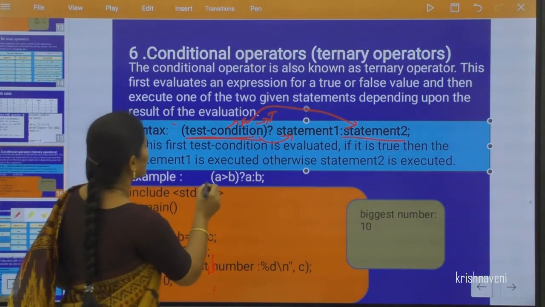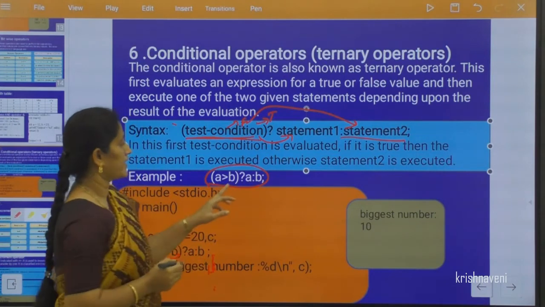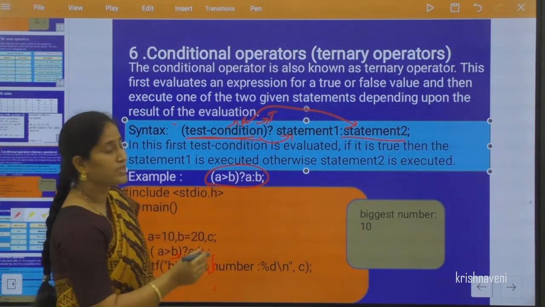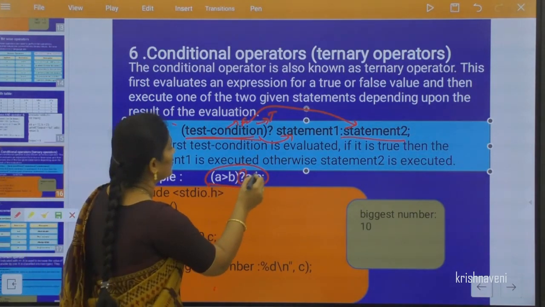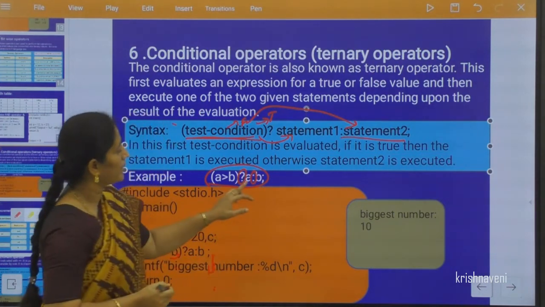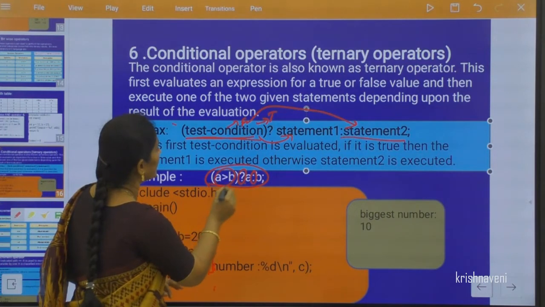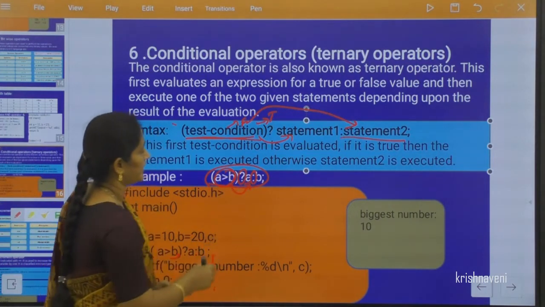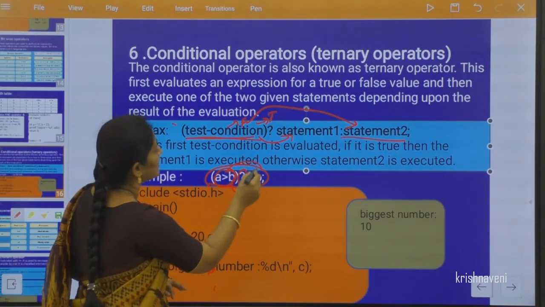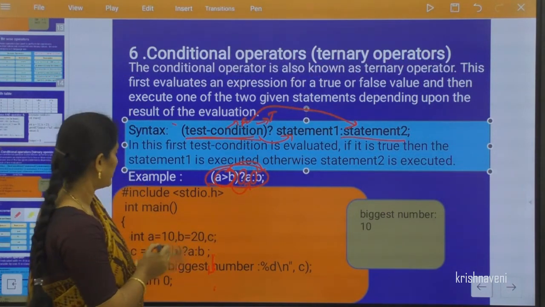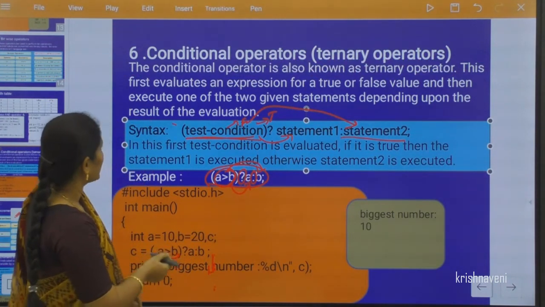The example is A greater than B, using these operators, and A colon B. If the condition is true, A will be printed. If the condition is false, B will be printed. Let's see the program for the conditional operator.